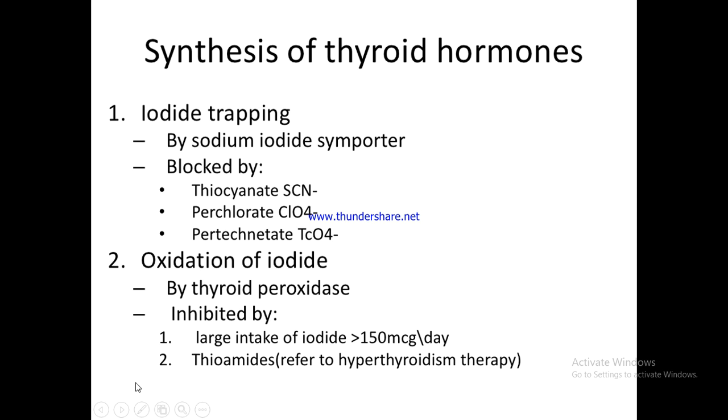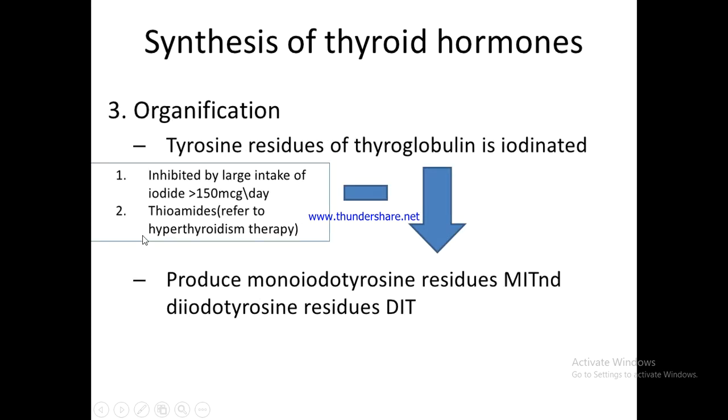Similarly, oxidation of the iodide by thyroid peroxidase enzyme takes place in the luminal area, as I have explained, and at this point the important step of the hyperthyroidism therapy comes to be explained in the form of thioamides or thiourea drugs. Then the process of organification takes place, in which the iodine molecule is added to the tyrosine